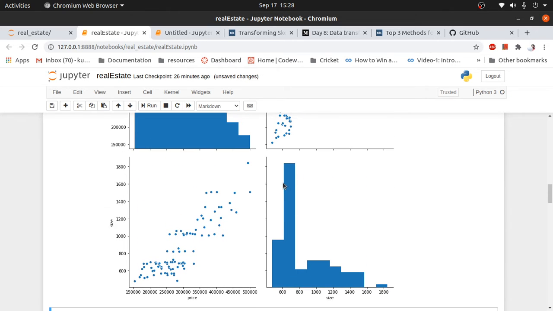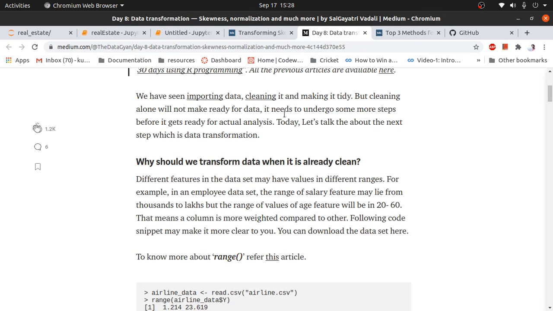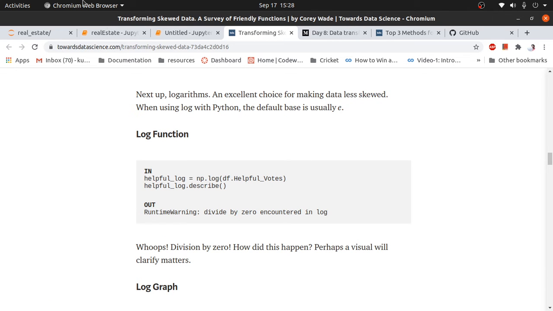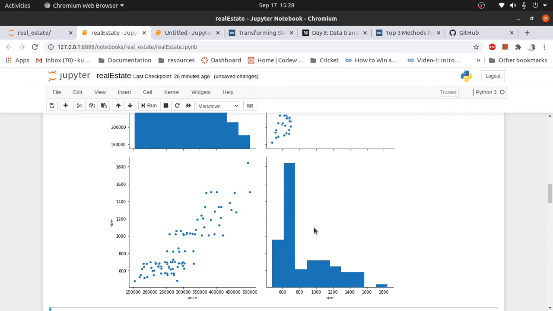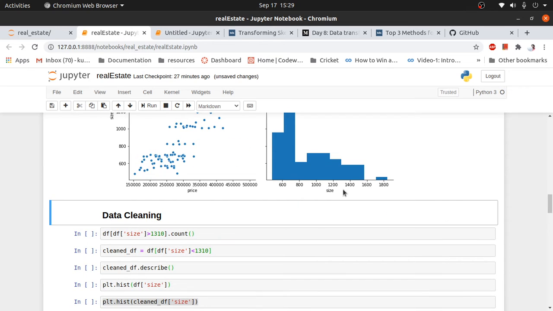Here we can see this size variable, our independent variable, is right skewed. I was reading some articles on how to handle skewness. I found that by transforming the data set, we can create a kind of normal distribution, a Gaussian distribution, in our given data set.